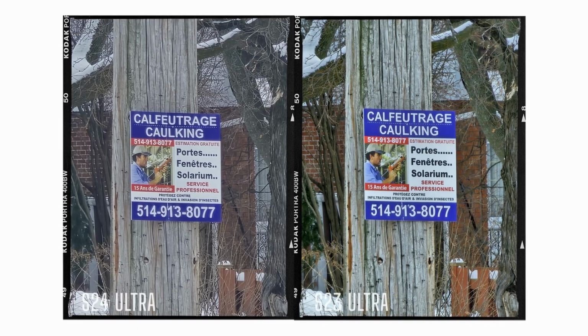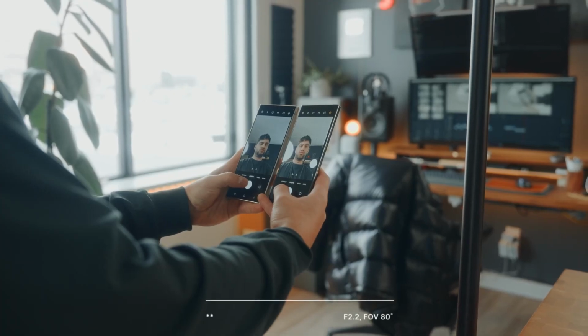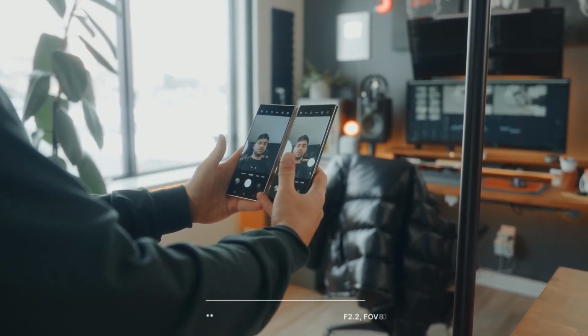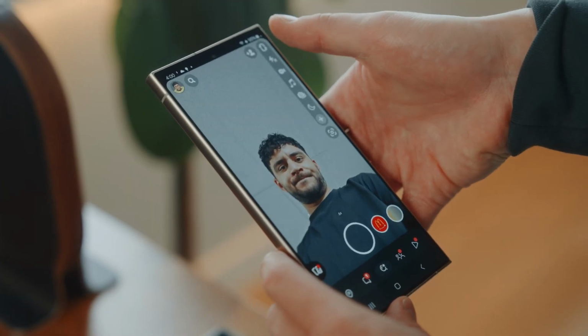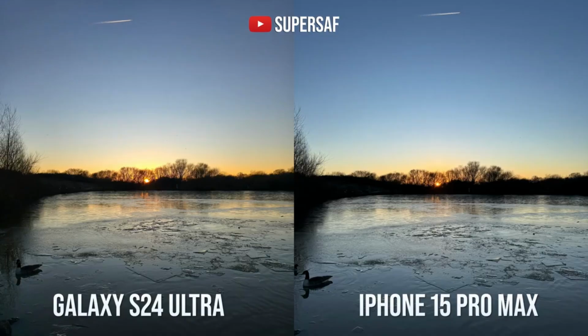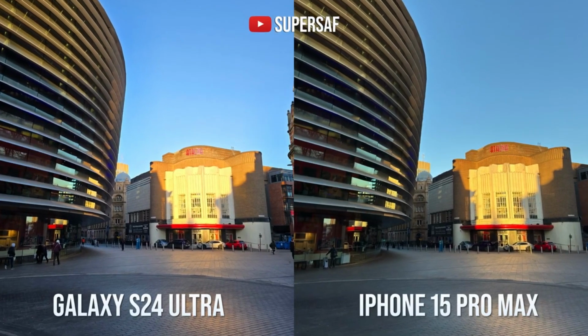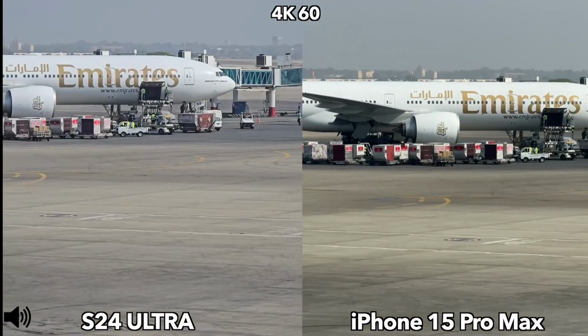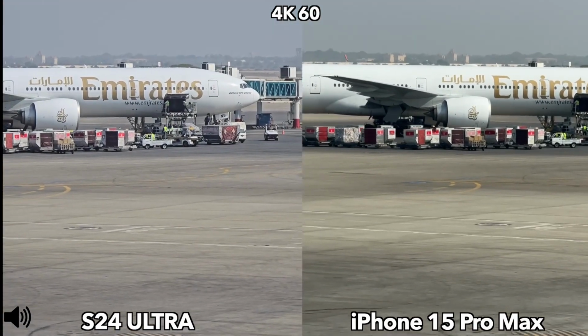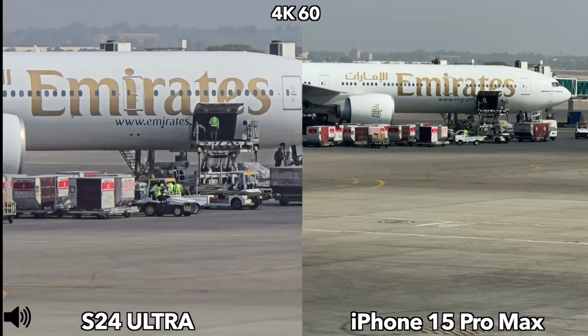Now, the much anticipated zoom comparison. The iPhone boasts a 5x telephoto camera, while the S24 Ultra features 3x and 5x periscope telephoto cameras. While the iPhone exhibits commendable results up to 5x, the S24 Ultra's optical zoom advantage becomes evident beyond this range. Pushing the limits to 25x, the S24 Ultra maintains an edge with superior detail, attributing this to its extensive experience